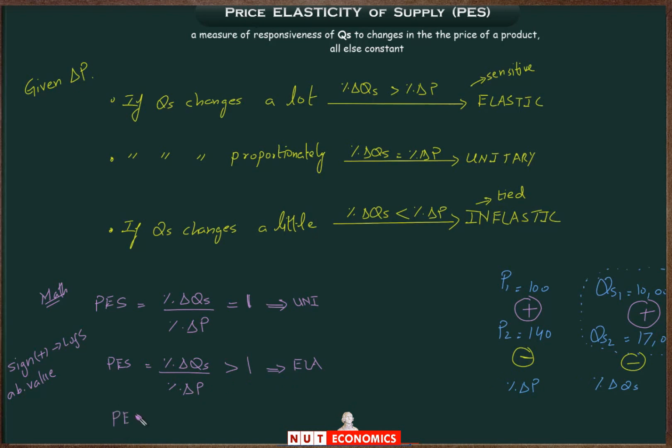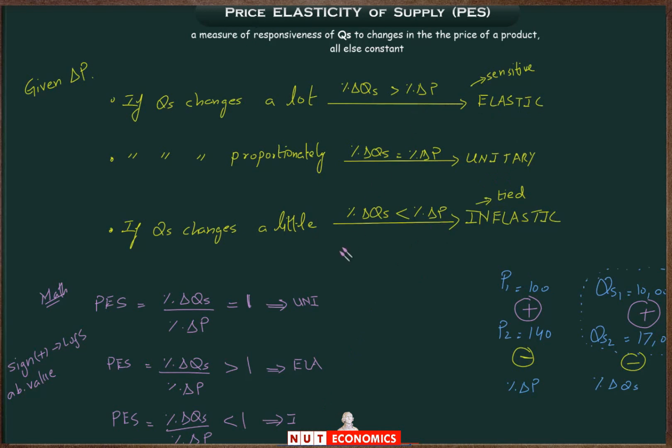And then we have the final third case where, again let me write this formula down first of all, percentage change in quantity supplied over the percentage change in price. Now the answer can only be less than 1 if you divide a smaller number by a larger number, which would mean inelastic supply, because that would imply the percentage change of quantity is smaller, it's lesser than the percentage change of price. Only then will the value be less than 1. So less than 1 implies inelastic supply.